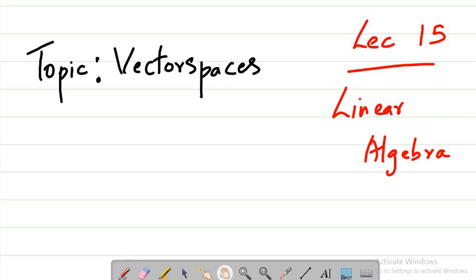So we have this 15th lecture from linear algebra as a part of our IIT JAM course, and this section and next section basically will be discussing vector spaces and the previous year questions which were asked from this section. We'll be solving all the previous year questions up to 2019, and in fact 2020 is already available on our website, sorry, in my channel. You can visit and get the solutions. So let's move on to the section.